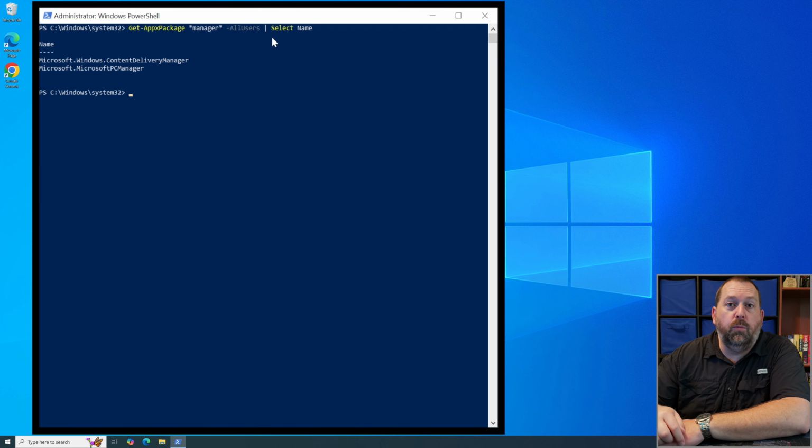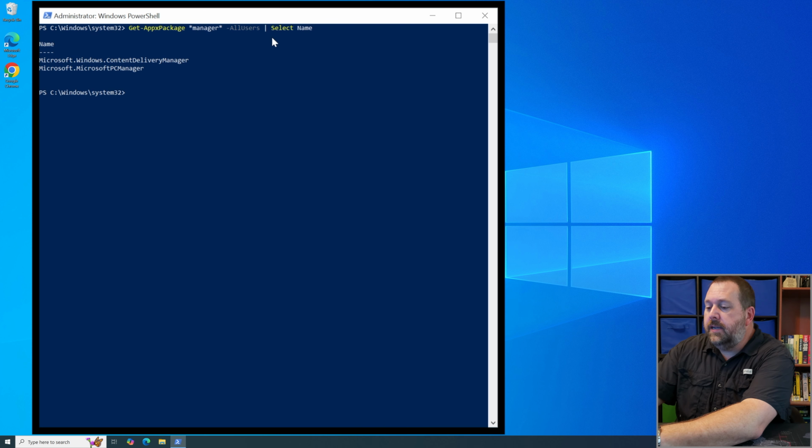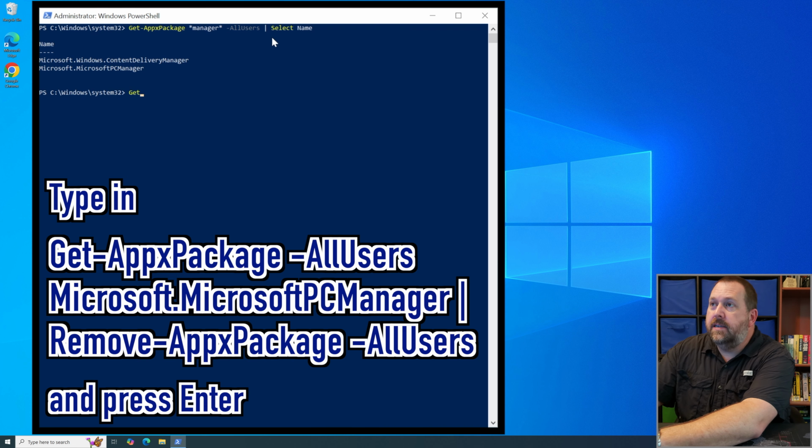We just have to run one other command. It does show us that it is the Microsoft PC Manager installed on this computer, but it installed it for all users. So what we're going to type in now is Get-AppxPackage, and then a space, and we're going to put -AllUsers, and that's one word, and then a space, and then we're going to put